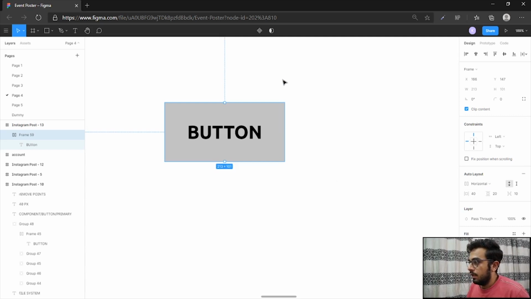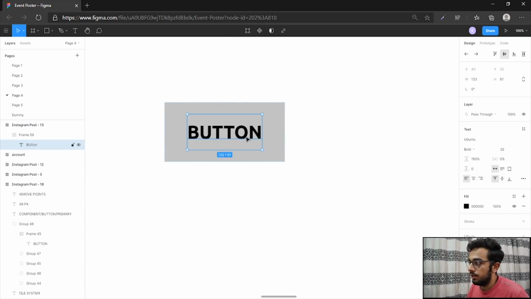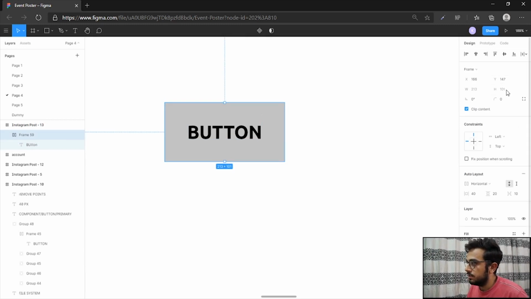So now what you would see is that the height of this button would be dependent on the height of this text. So for example, for now I have this text to be a height of 61. So now let me give it a text style, let me give it uppercase. So as you can see, the height of this button currently is 101. We cannot edit it because we have chosen the option of auto height.